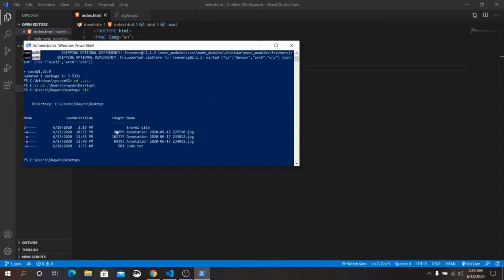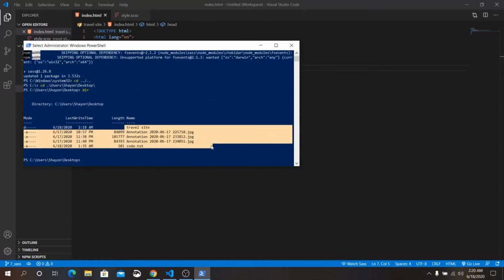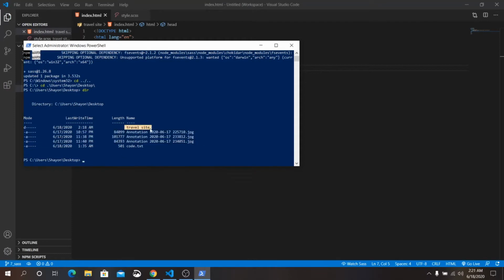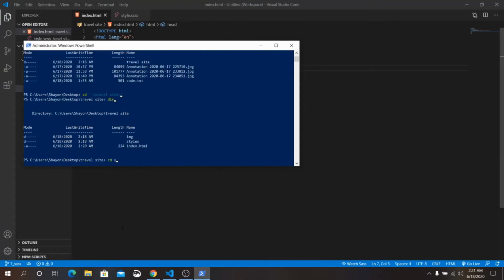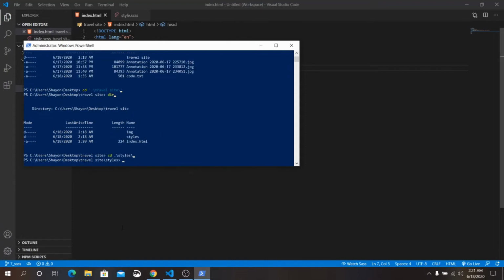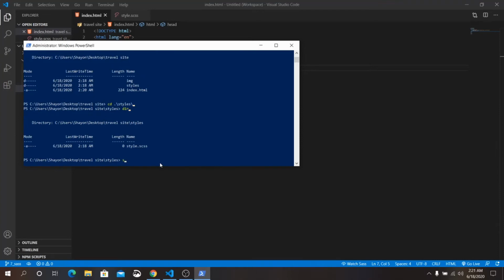Let's see how many folders or files we have on our desktop. We have travel site. We need to go to travel site, so cd travel site, cd, go to style folder, styles, run the command sass